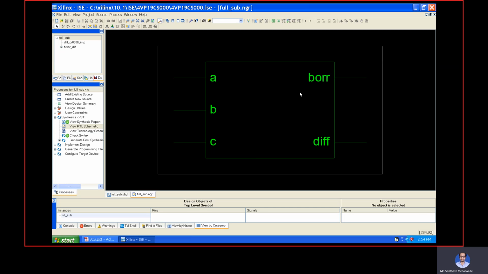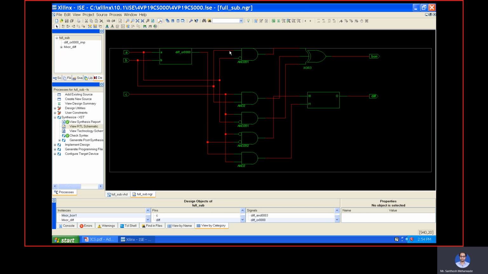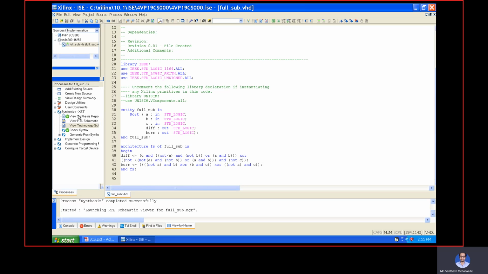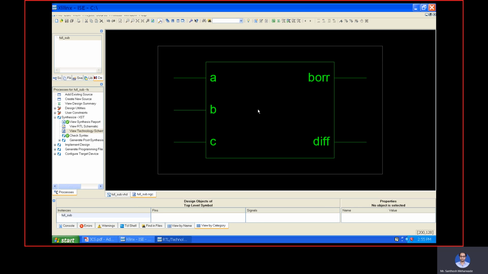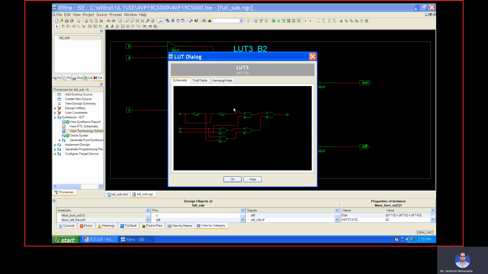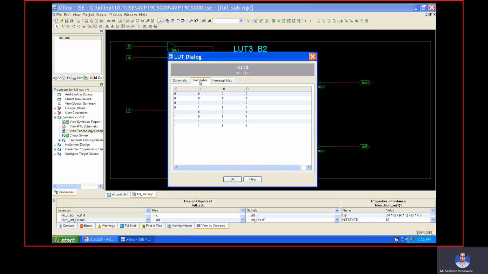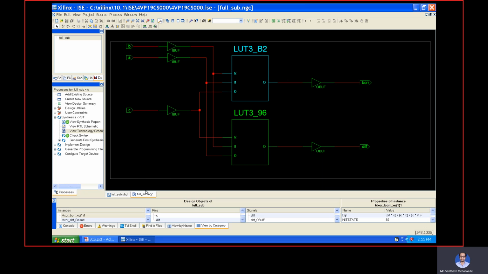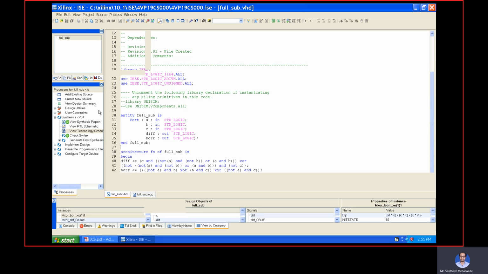So A, B, C, bar and difference. It is the internal structure of this subtractor. Similarly for the view technology schematic, same thing. Double click and it's internal. You can see its architecture, its truth table and K-map. Fine. Let me go for the waveforms.